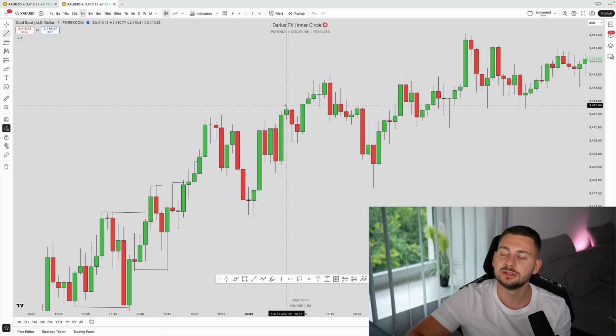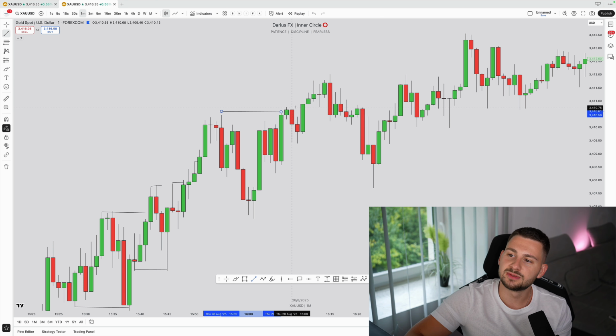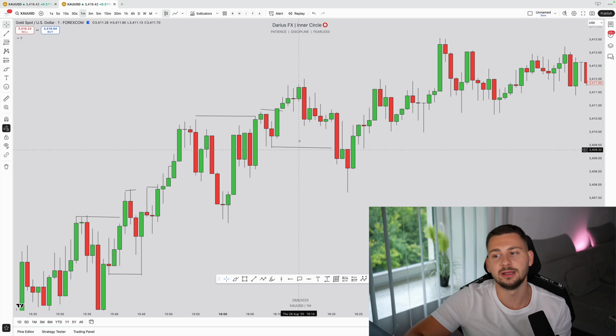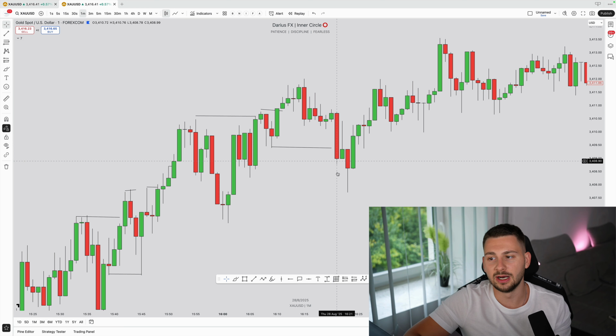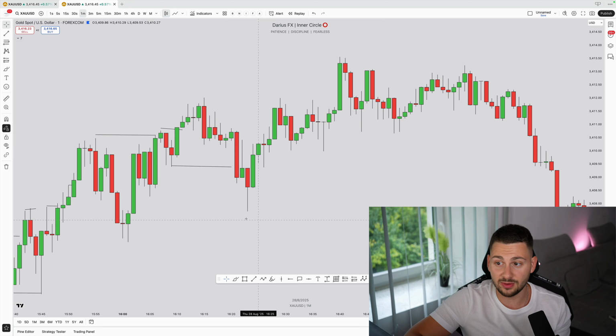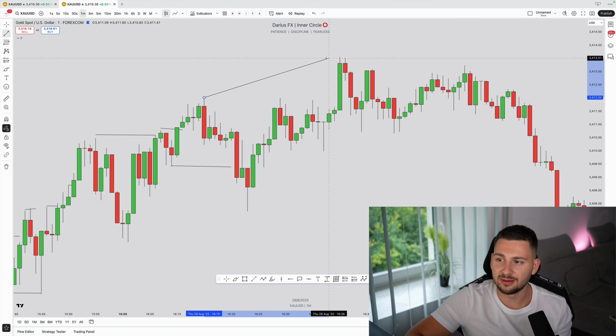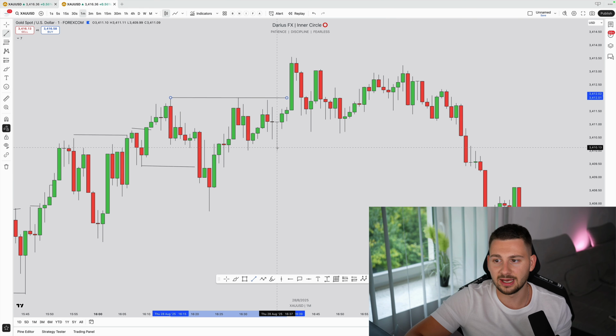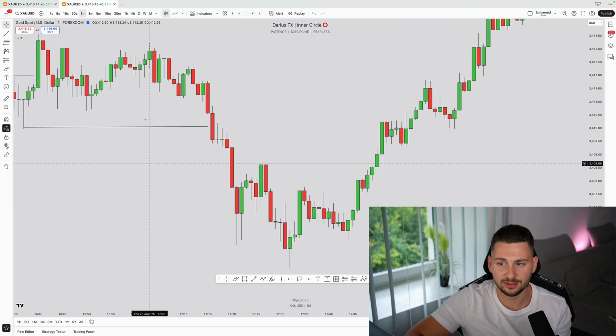Okay, but now you will see also this model has weaknesses, because what happens here? Boom, breaking structure. Boom, right? And then people will say, okay, it's ready to go lower, but no, price is not ready to go lower. Price is ready to go higher, right? But then again, break structure, boom, bullish, whatsoever, and then not continuing higher. We just reverse now. We now go lower, and so on.